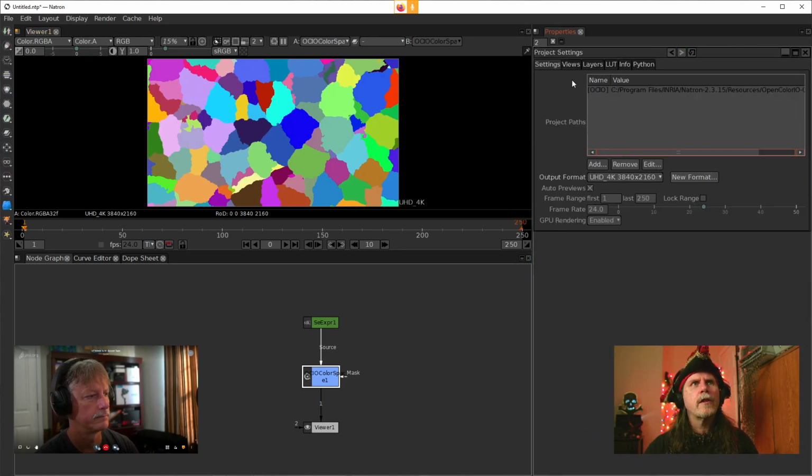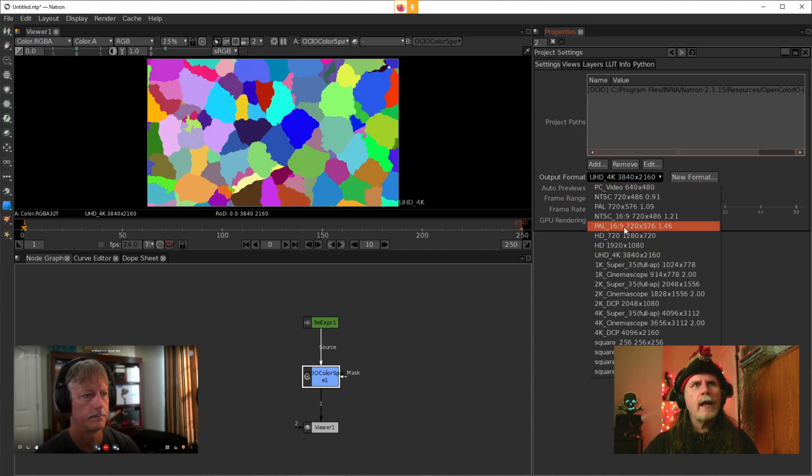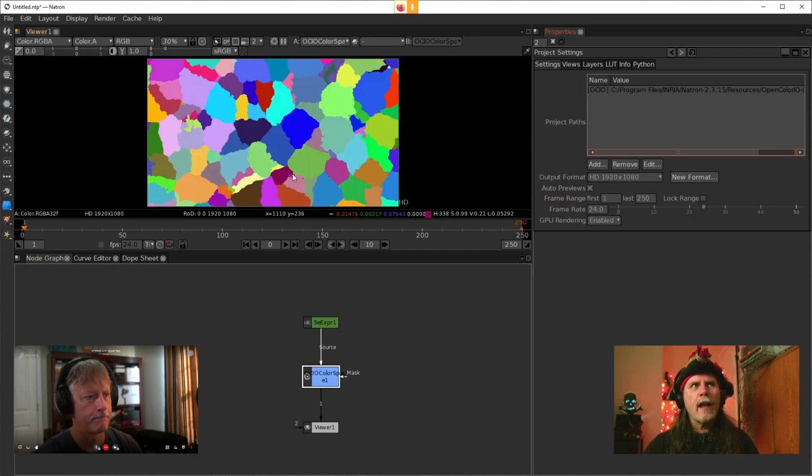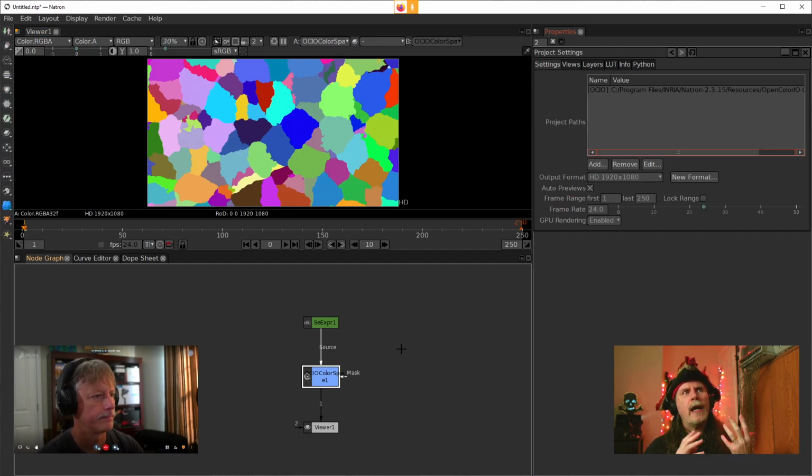So close the SeExpr so we can see the output format for the project settings. Right now it's 4K. When I switch it back to 1080p like so, we can see for a temporary moment it remained super scaled and then it shrunk down to match the output size,